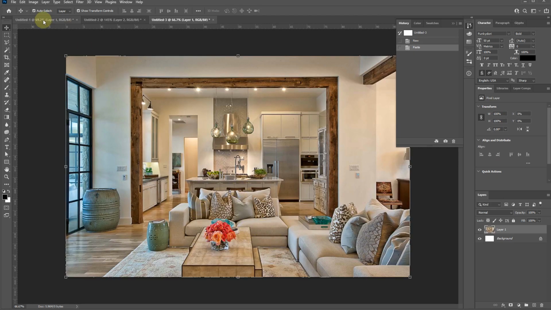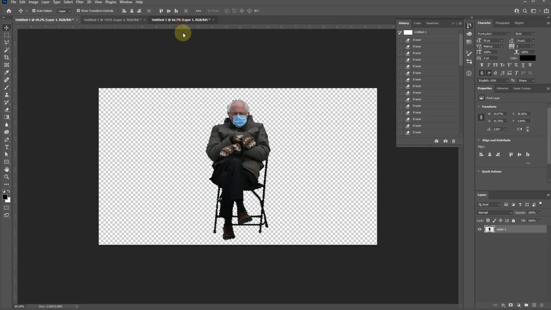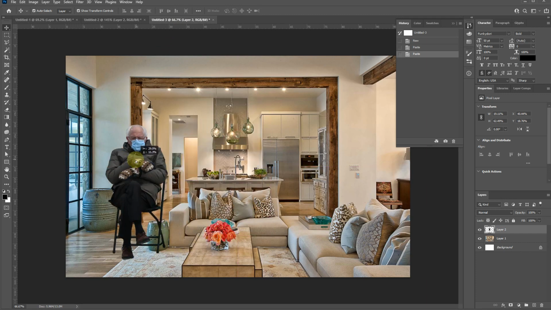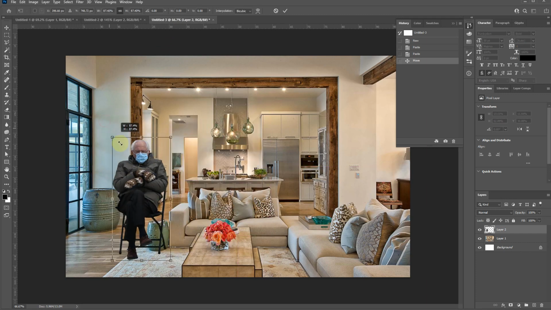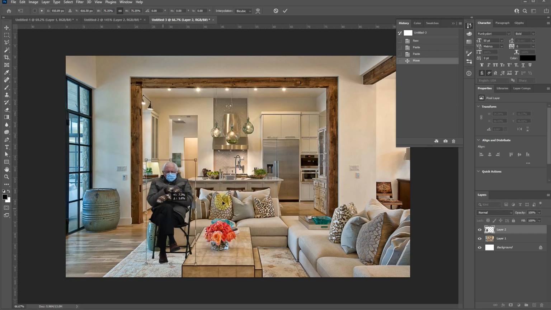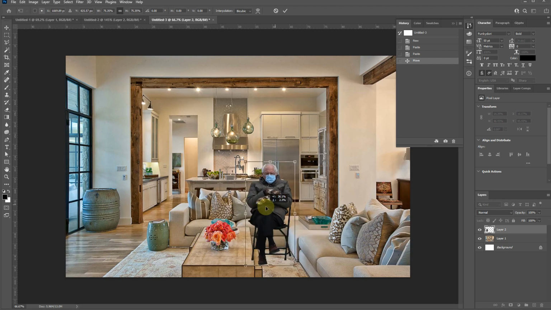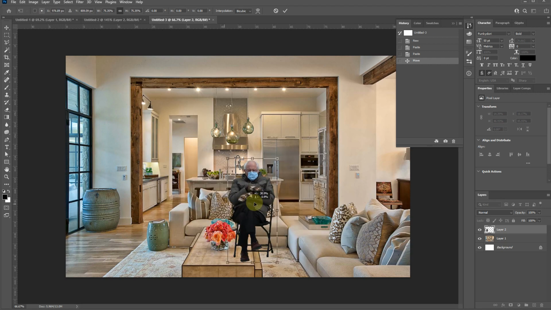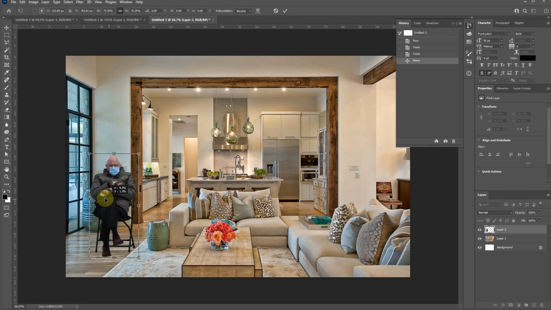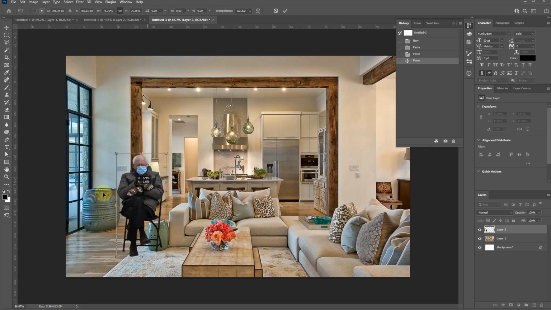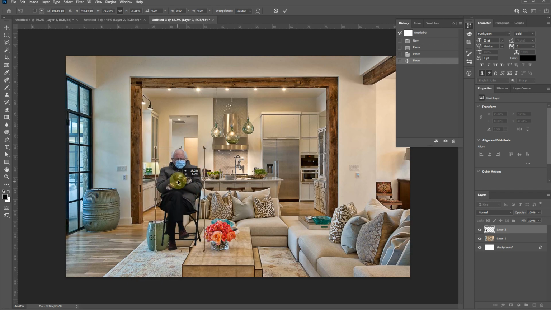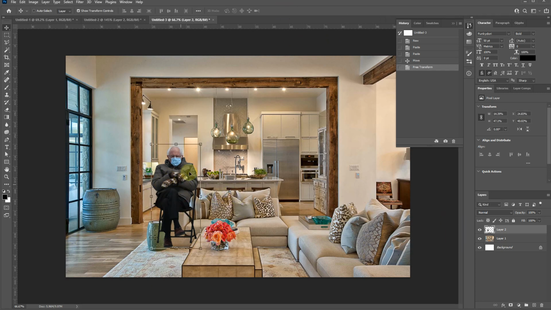So here's a nice house, right? But if you were to bring Bernie over to this house and you were to just kind of put him in this living room, he's going to be blocking some things, right? He's kind of in the way. And so, what a lot of people will do with their entourage, so we'll just leave him there, is like, let's say he's right here. He's sitting on the edge of the couch, right? But we want to see our whole kitchen. So, just to give this space, but without blocking the kitchen, what's commonly done is you'll select that whole layer